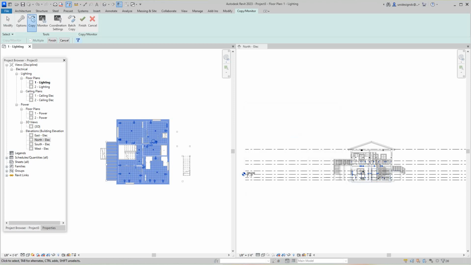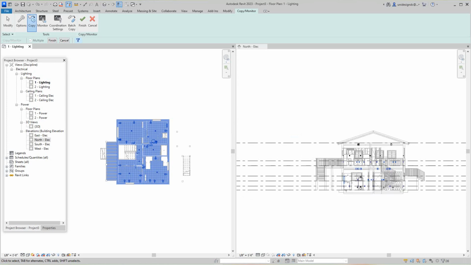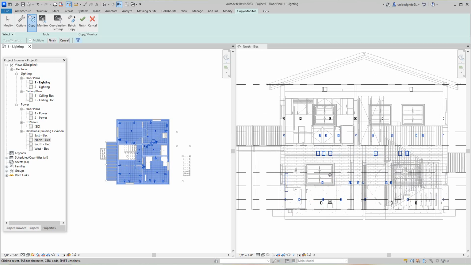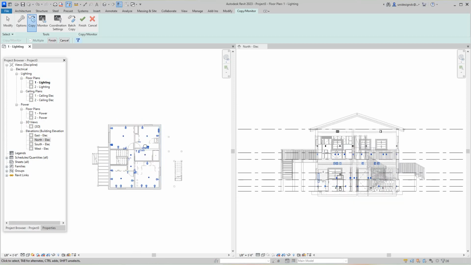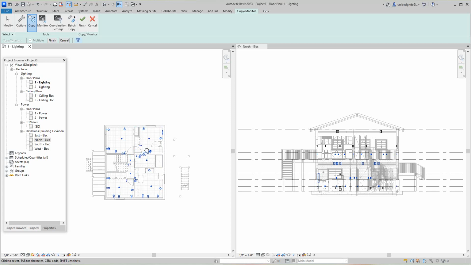Okay. So these have been copied into the model from the architect's drawing. Got some issues there. We might have to change some stuff around. But then here, once I've got everything I want filtered out, I want to select finish. And it's copying things in. It's copying everything to the